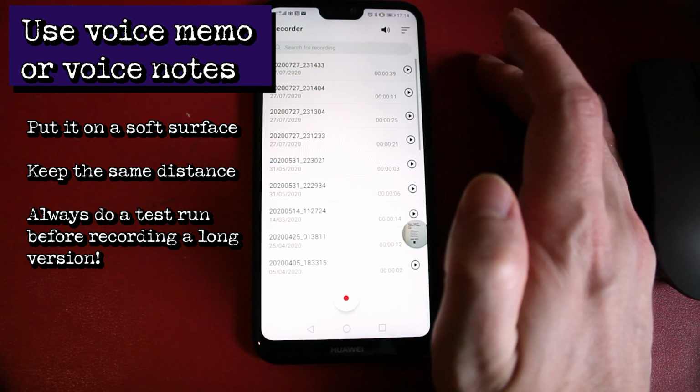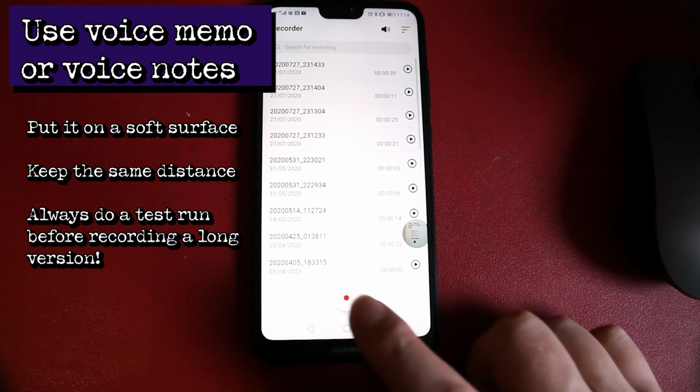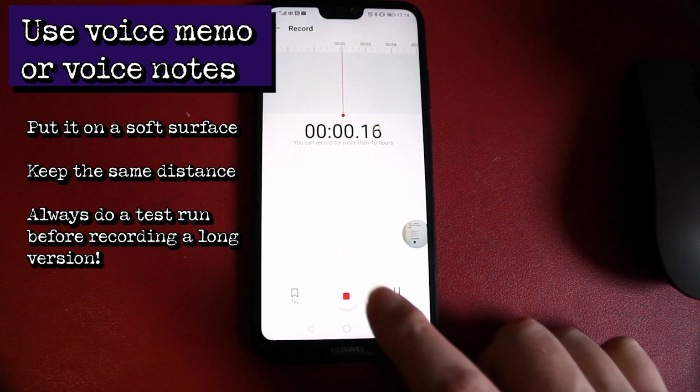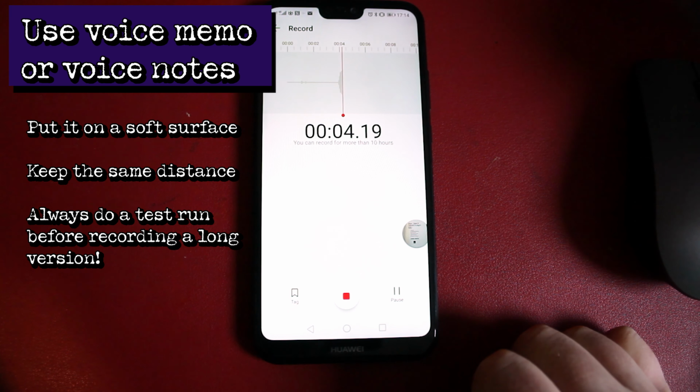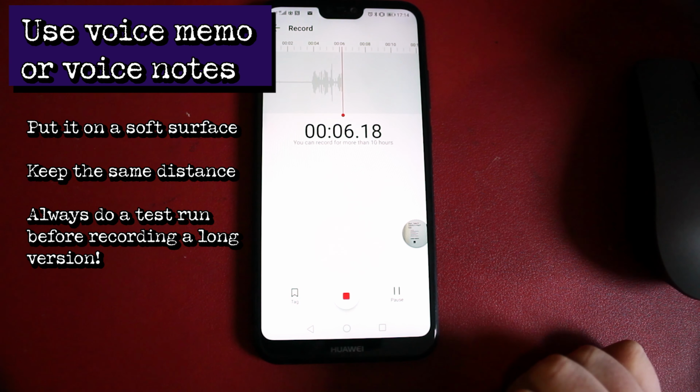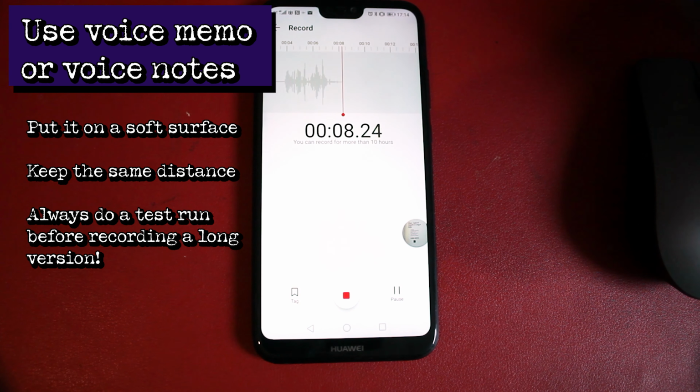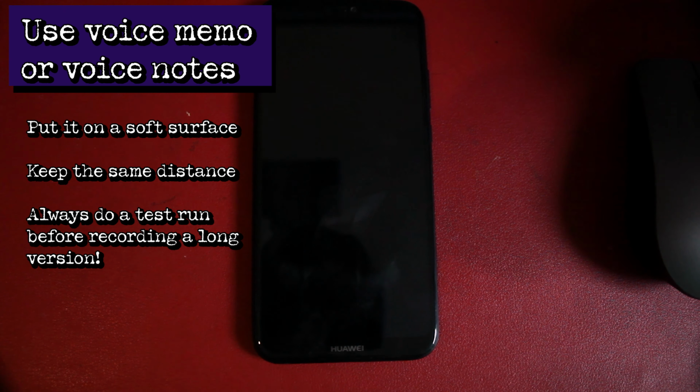So using my phone, which is a Huawei, I just use the voice recorder app and then I just speak into it, trying to maintain that constant distance where I can. As you'll see, the screen will cut off, but it will continue to record, so you don't have to constantly watch it. It will show you on the display how loud you are, so you can be a bit more